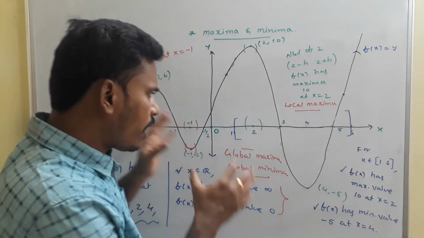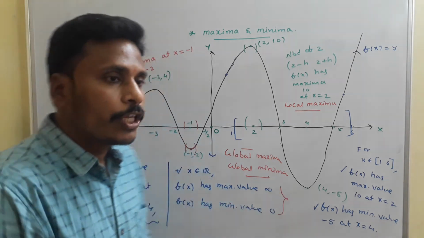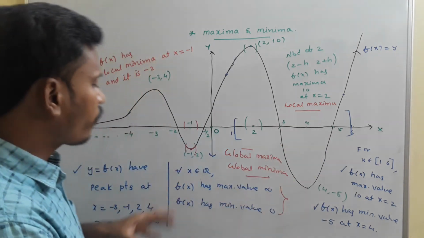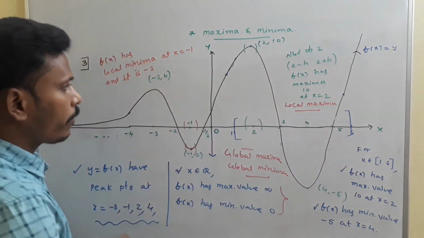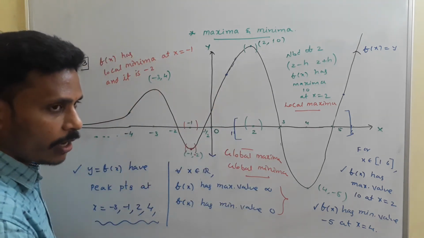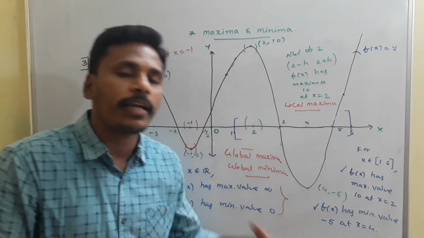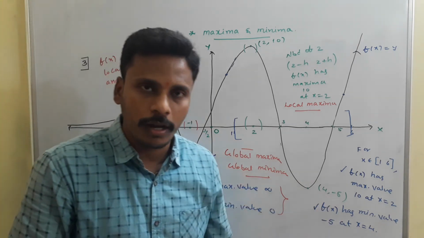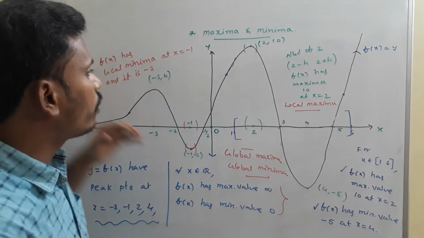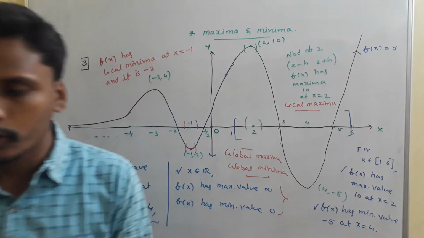Okay, again from the same graph, I will give you some more observations. All these are different observations from the graph. You just observe the graph and write all these statements one by one. Because of the space I am just mentioning it like this, but below this graph you need to mention all observations one by one. I am just using this graph to explain global maxima, global minima, local maxima, local minima, as well as minimum points and maximum points. From the fourth point onwards, I will give you definitions and problems step by step, one by one. You just have a look.